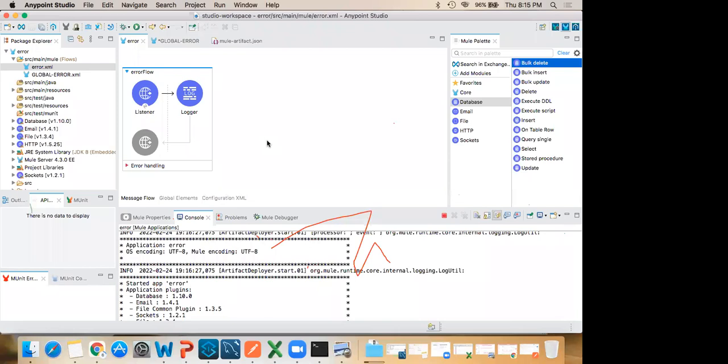We will discuss this at the end of the session, based on your current CTC, or if you are not working. Some people are not working, they just completed their graduation maybe 1 or 2 years before, and they want to know how much they will get. In MuleSoft, if you have minimum 3 years, worst case you will get 7 to 11 lakhs package. For 4 years you can expect 8 to 15 lakhs.